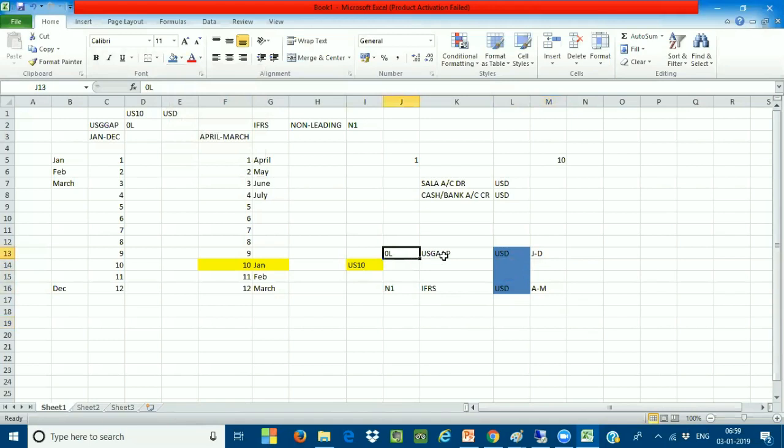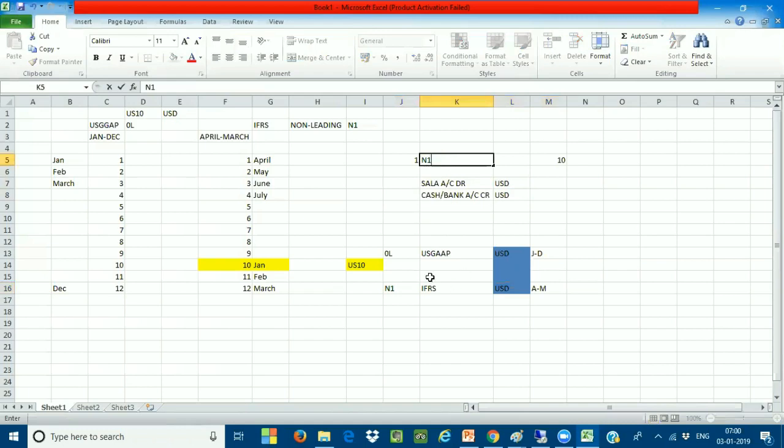Now I can assign one accounting principle, US GAAP, to the leading ledger, and I will create one more accounting principle called IFRS, which I will assign to the non-leading ledger. Very important. When I post any transaction to a leading ledger, all the transactions are defaulted to the non-leading ledger. But when I'm specifying a non-leading ledger, I'm entering this transaction for N1, not for the OL.